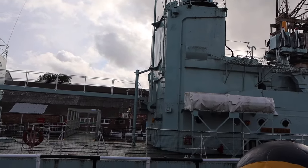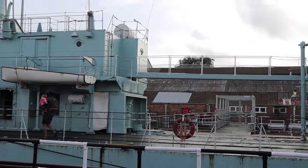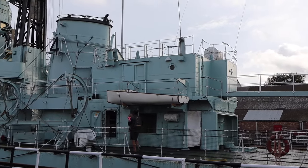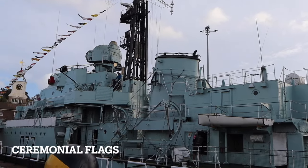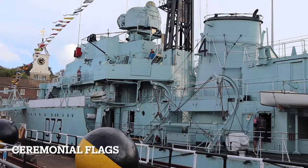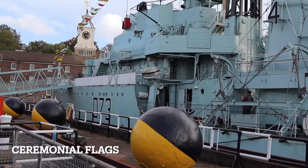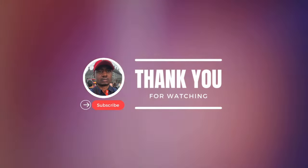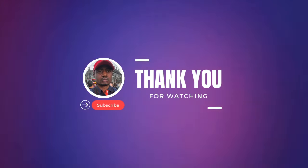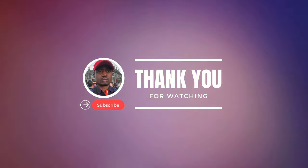The funnels. Two tall cylindrical funnels arm the ship to expel smoke from the boilers, distinctive to destroyers of her class. We have the pennant number, which is the HMS Cavalier pennant number of R73 that was printed on it. It signifies the ship within the fleet and represents her role as a destroyer. Now, the commissioning pennant itself is a long, narrow pennant flown from the main mast, traditionally